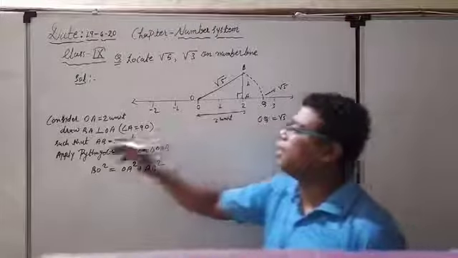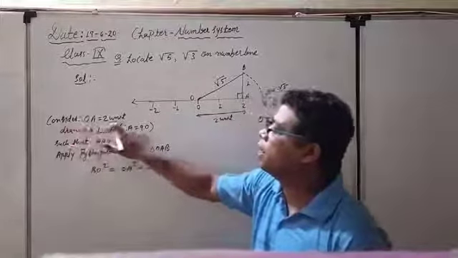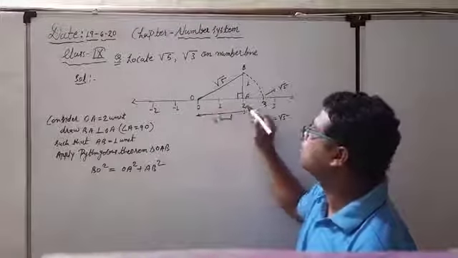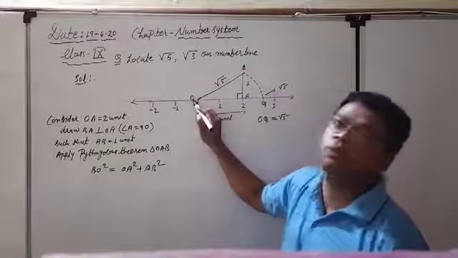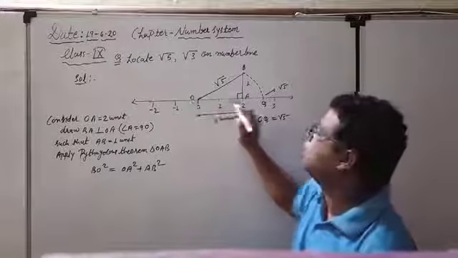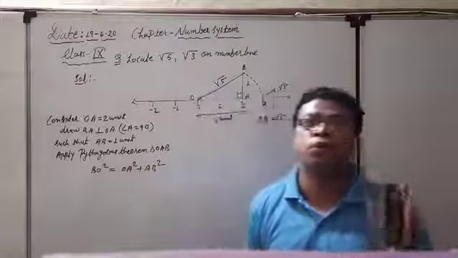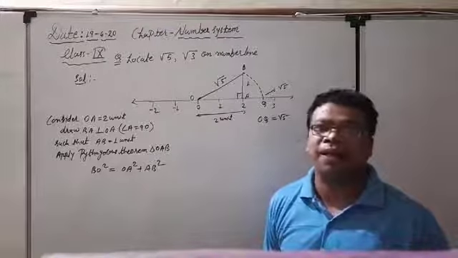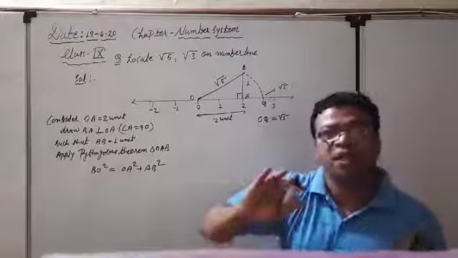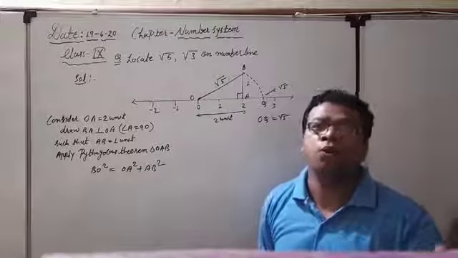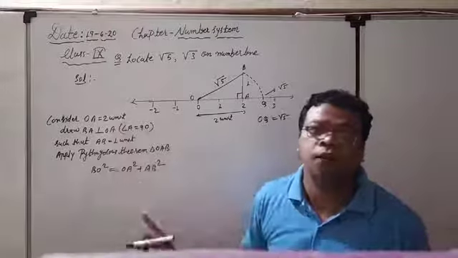Okay, so that's why I have taken it here. Consider OA equal to 2 units. Consider OA. This is the 0. This is the 2. This is my O, alphabetical O. This is A. So first I am going to choose OA equal to 2 units. Why? What is the reason behind it? Because 5 is coming after the perfect square 4. And what is the square root of 4? 2. That's why I am considering 2 units here.